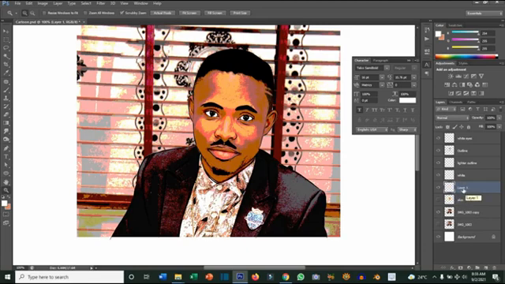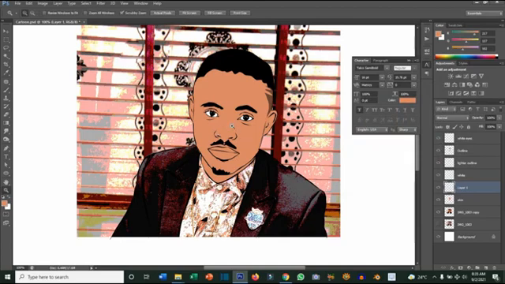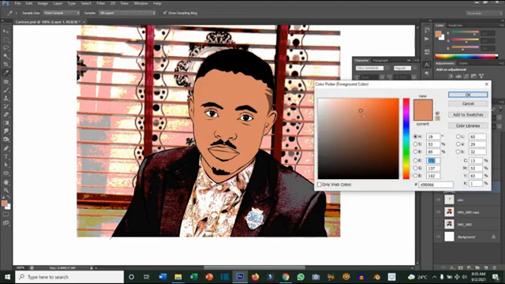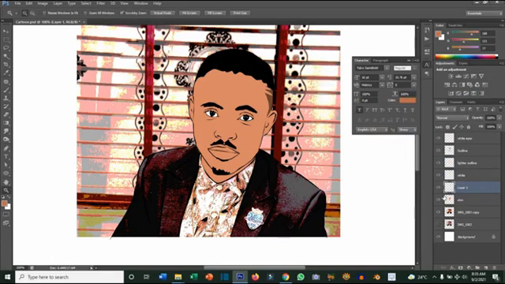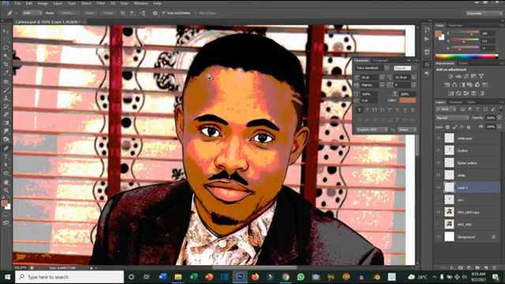Okay, so the next thing we are going to do is turn this on, because this is the skin color you use. I will advise that any shadow you want to use, make sure that you pick it from a darker shadow of the skin color that you chose. So I click on the background layer here and I take it down a bit like this. This is a darker shade of the main color here, so I click OK. I hide this so that I'll be able to see this,